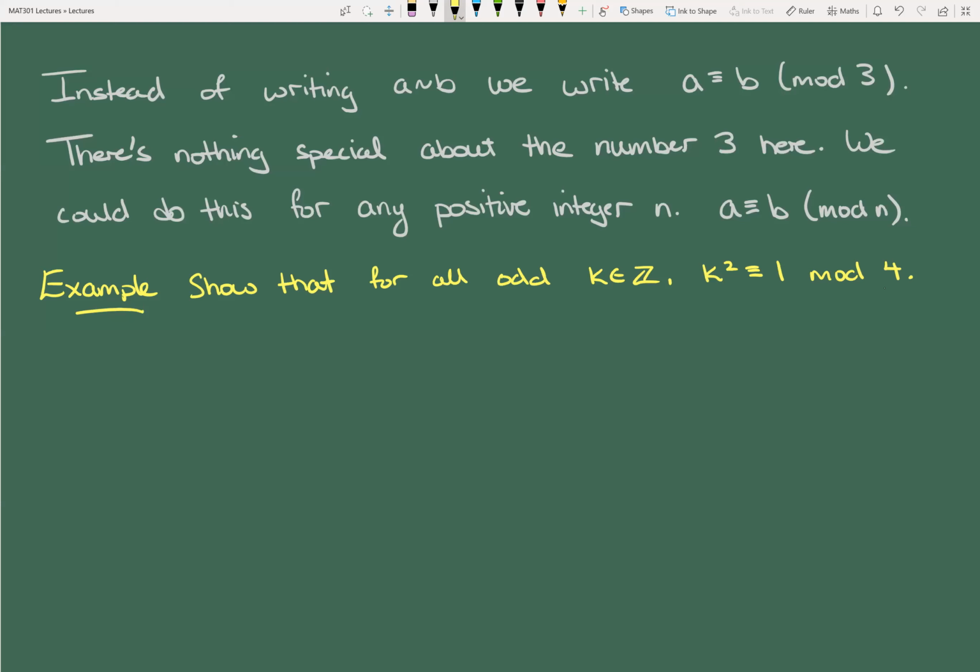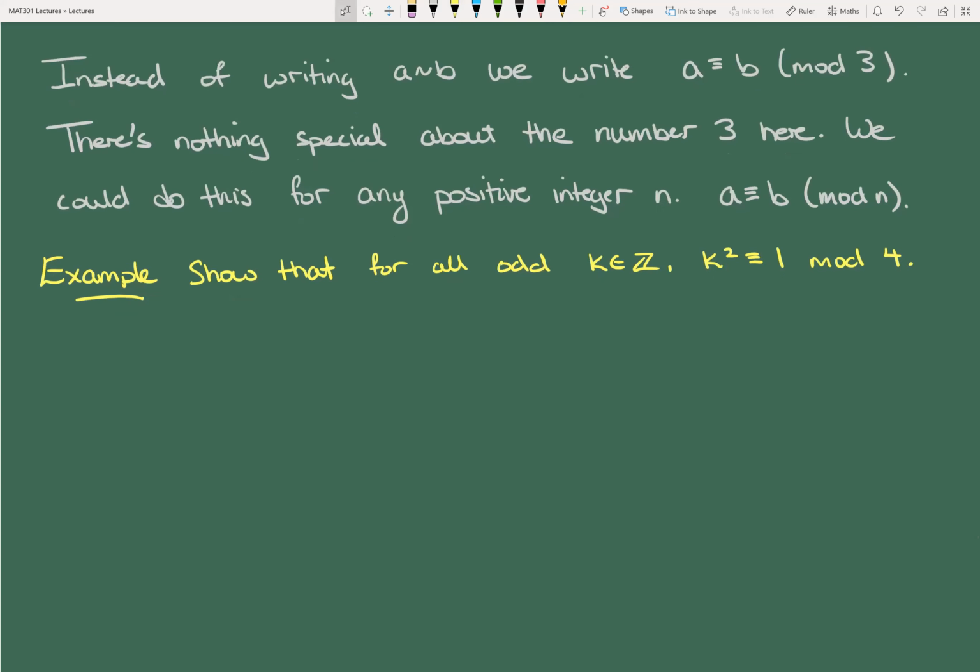So we want to show that if I give you an odd integer, it's always congruent to 1 mod 4, right? That's probably not something that's immediately obvious. Often you have to think about this and try it out. You say, 3 squared is 9. Oh yeah, that is congruent to 1 mod 4. 5 squared is 25. Oh yeah, that's also congruent to 1 mod 4. That's a cool thing that works out. The solution really doesn't end up being too bad at all.